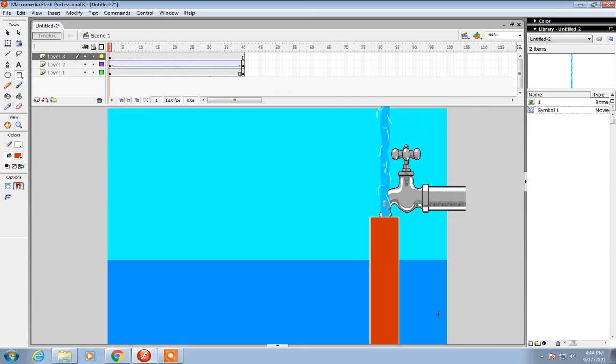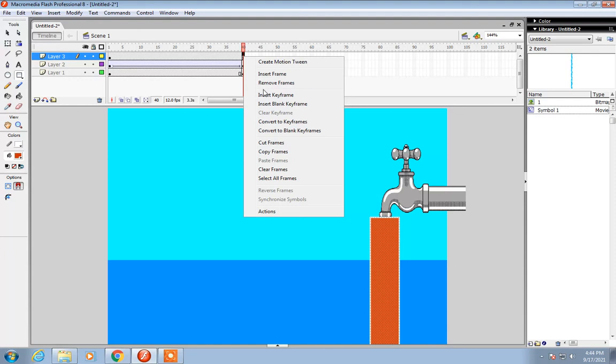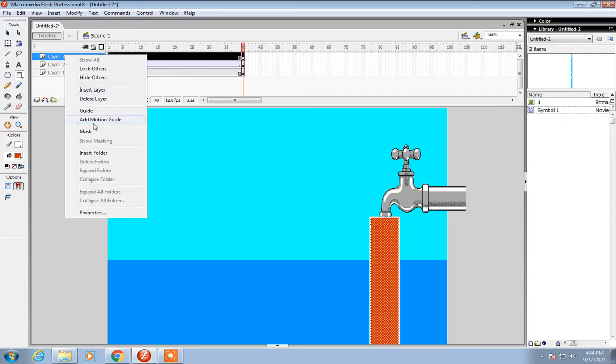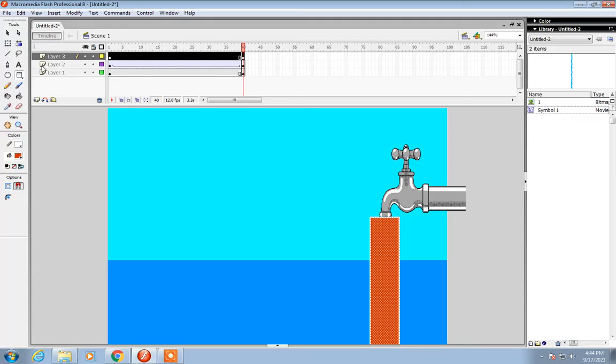So I am drawing this rectangle box, and then right click on the 40th frame and say insert keyframe so that the rectangle is copied, and then right click on this layer and say mask. Masking is used to hide a portion of the layer. It will always be used to mask the layer which is exactly below it.